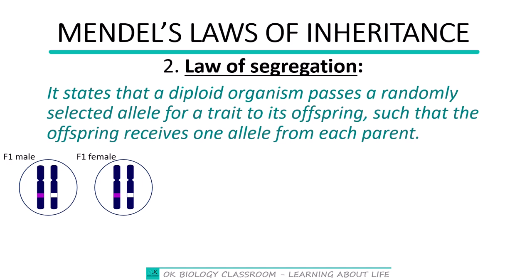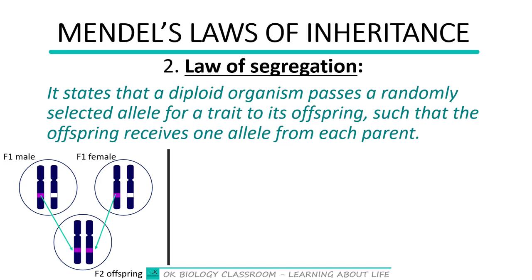But what Mendel was trying to say can be better illustrated with the self-pollination of the F1 to produce the F2. So the F1 offspring would now serve as the parents for the F2. When you consider one parent, within that particular parent, there is a purple allele and there is a white allele. And the other parent too, there is a purple allele, there is a white allele. But Mendel was saying that since both chromosomes wouldn't be passed on to the F2 offspring, only one of these would be passed on. It is possible the choosing would be this one with this, and that is going to result in an organism that has two alleles for purple.